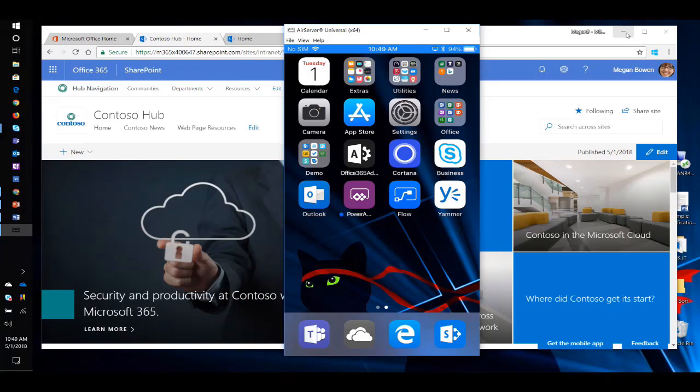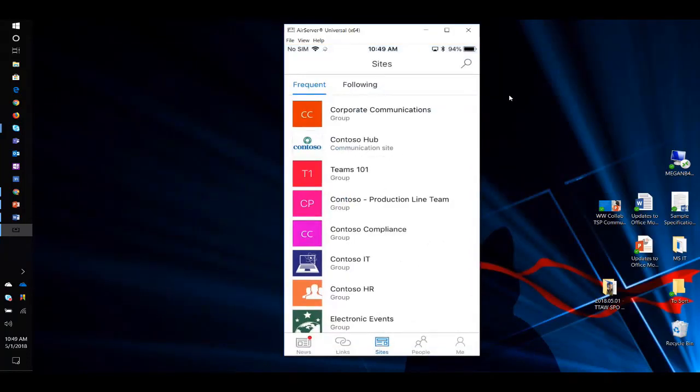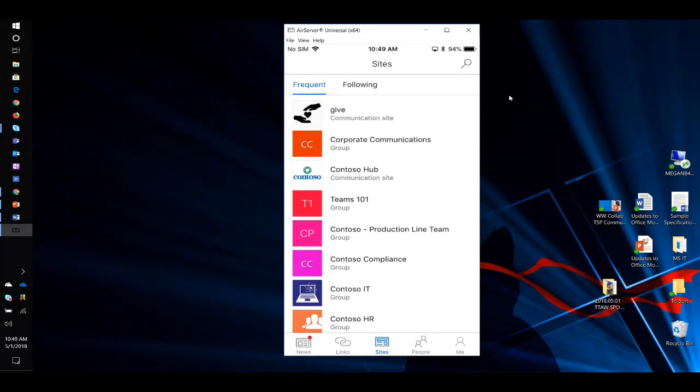You can see here I brought up my mobile device that's right next to me here. If I go ahead and open up the SharePoint app, and you can see I do a quick little refresh, you'll see I default to the SharePoint sites that are interesting and useful to me. And you can see here's that Give site that just showed up right here at the top. And if I click into this,